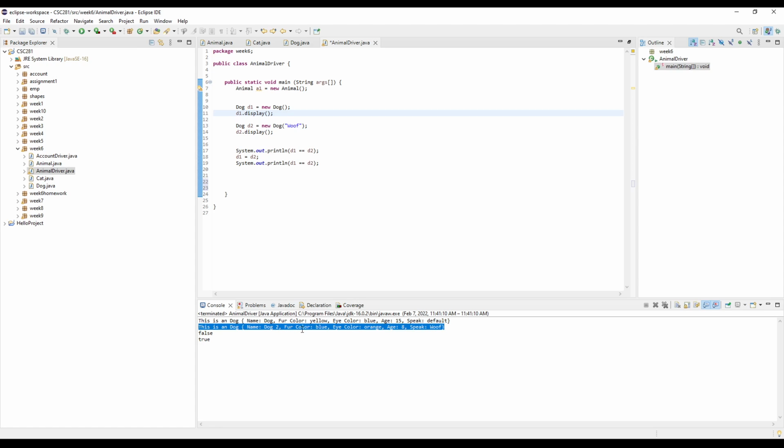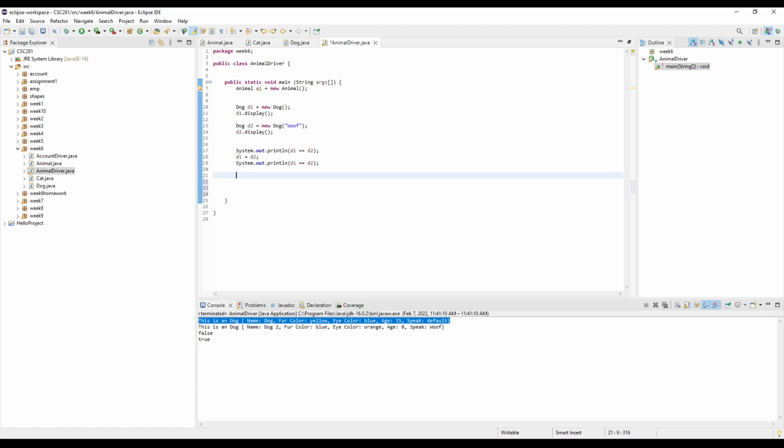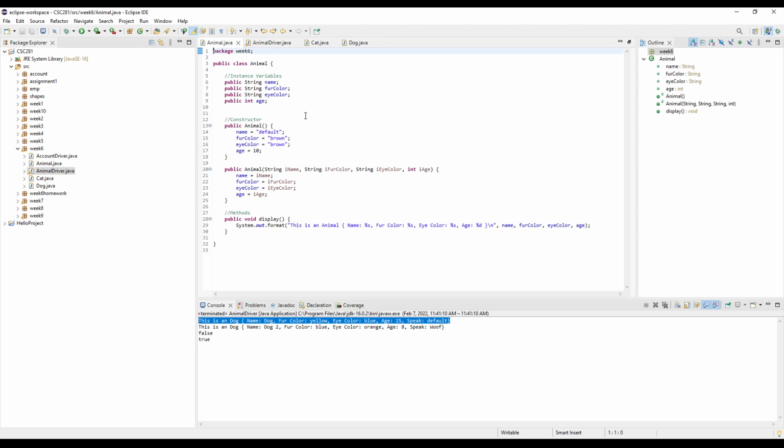My dog2 has the name dog2, blue, orange, and an age of 8. And so why are these guys actually equal? This is where we can implement an override of the equality statement to make sure that it works the way that we want it to. So the way that we can pretty much override equality checking